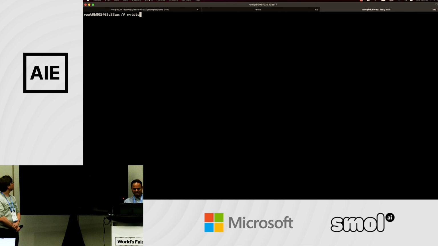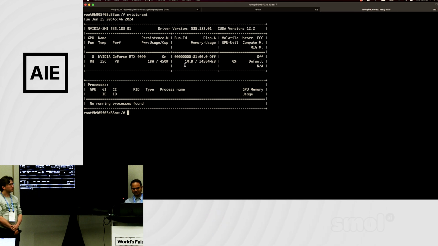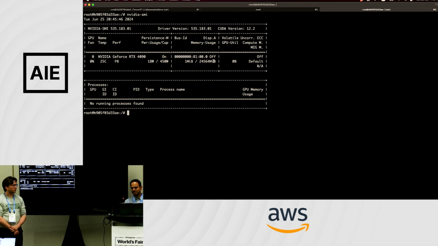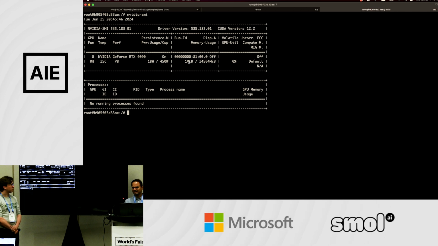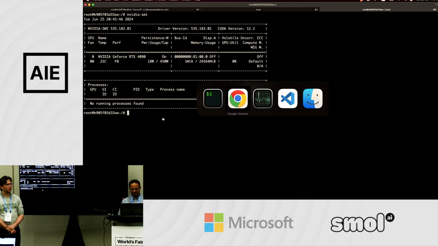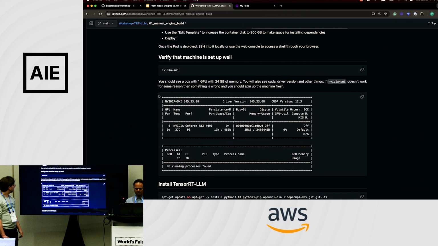So we are on this machine that we spun up. To test that everything is set up properly, we're going to run nvidia-smi to make sure that the GPU is available. And this is what you should see. One thing to note here is this portion, which shows that the GPU has more than 24 gigs of memory, which the RTX 4090 has. And right now it's using 1 meg. I think that's taken by default. So now we're going to go back to the workshop and just follow these instructions.